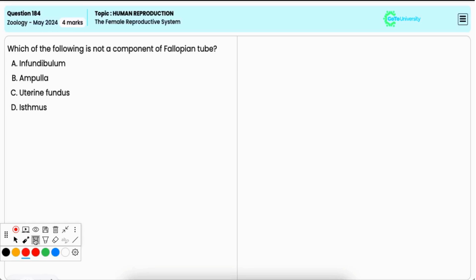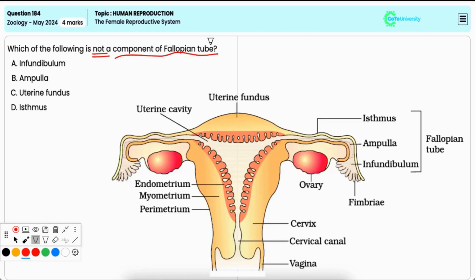In this question, you have to identify which of the following is not a component of the fallopian tube. Now, the fallopian tube consists of the infundibulum, which is the funnel-shaped structure present nearer to the ovary, with the fimbriae to capture the ovum. Then the ampulla, which is the widest and longest part of the tube, where fertilization usually